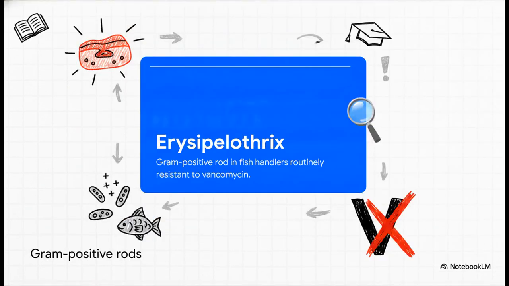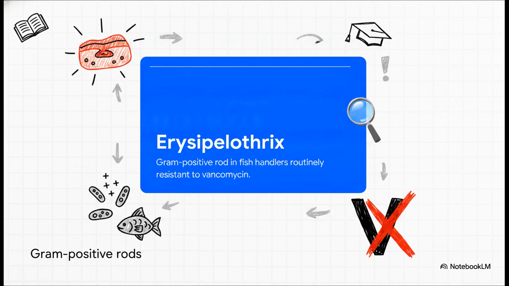Actually, let's pause on Erysipelothrix for a second, because this one is pure test writer gold. In the real world, if a resident sees a nasty gram-positive skin infection, their knee-jerk reaction is just to throw vancomycin at it to cover MRSA. But Erysipelothrix is a gram-positive rod that is routinely, naturally resistant to vancomycin. Finding a gram-positive bug that shrugs off vanco is incredibly rare, which is exactly why you are guaranteed to be